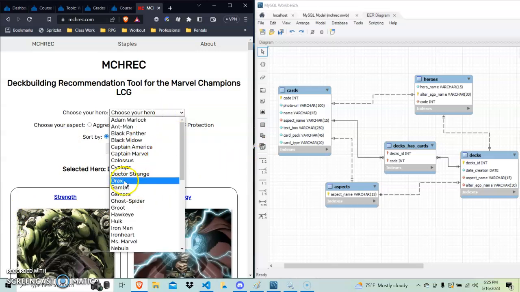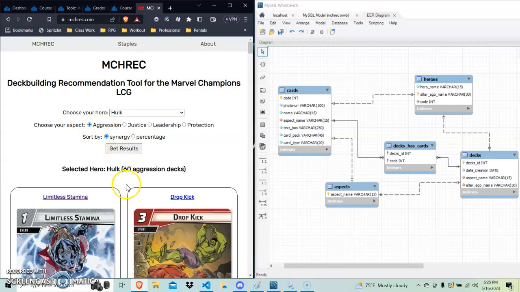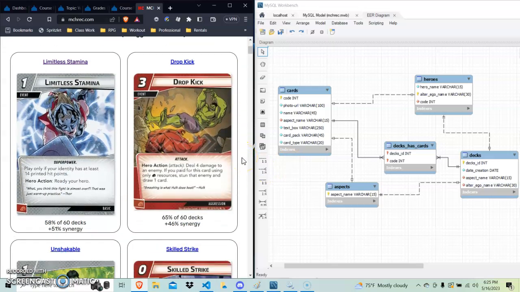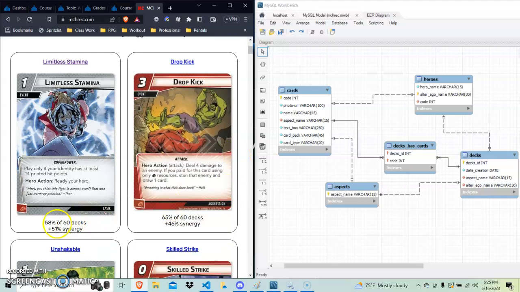that. So let's say we like the Hulk. He's a big, nice guy. He's going to be aggressive today. Seems best for him. We are going to get results. Basically, what this website does, it is going to pull deck data online from people that play this game. We are going to find all of the cards used in an aggression Hulk deck, and then for each card, we're going to find out, okay,